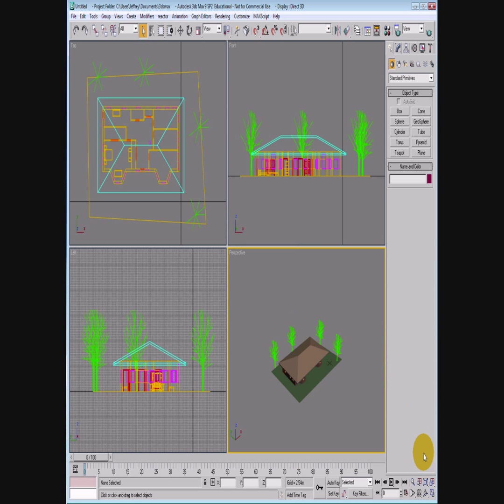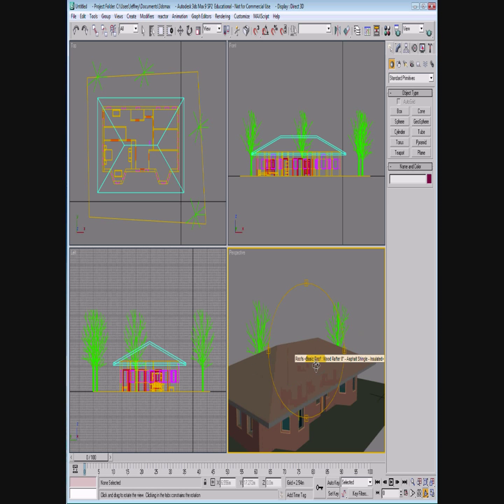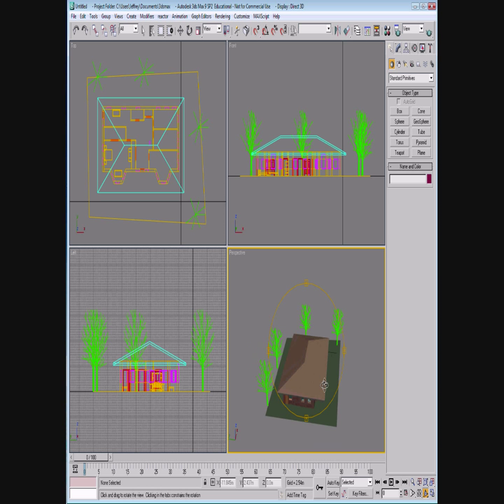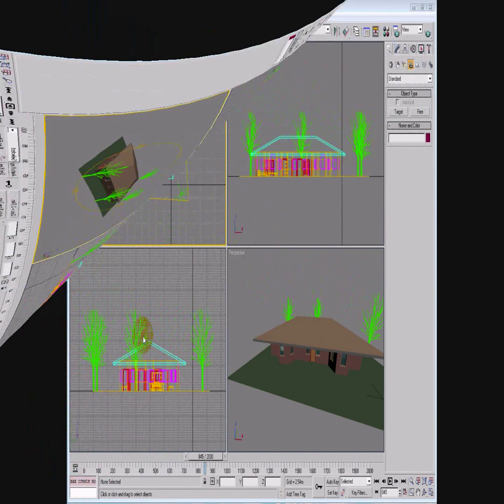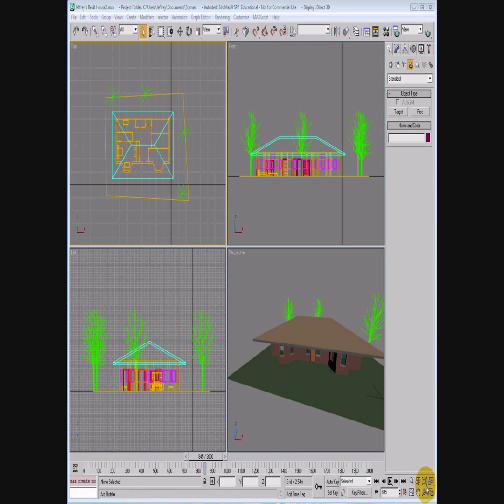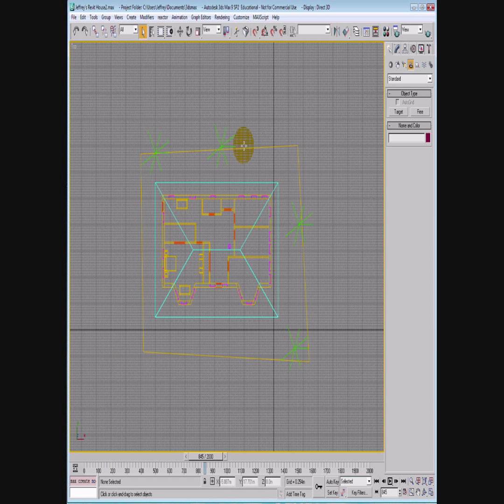And once we have it in here, what we want to do then is we're going to be adding a camera to this view. So let's go ahead and we're going to select the rotate, make sure everything looks good. So inspect the house, make sure everything came in first, and then we can go ahead and add a camera. Alright, so in order to add a camera, we want to go to the top view. So select the window that you want to look at, which is the top view, and on the bottom right,